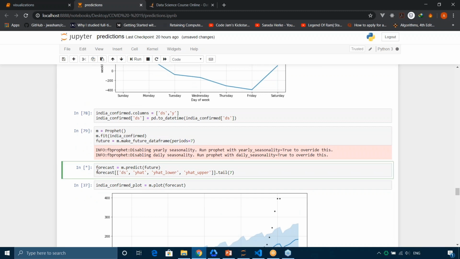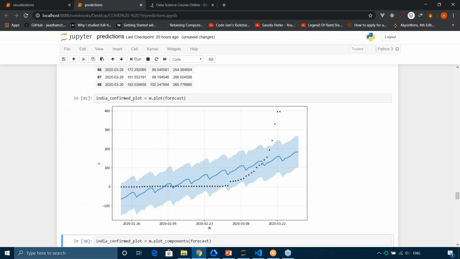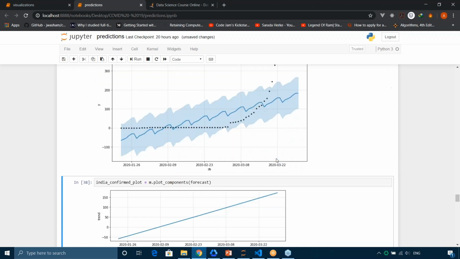As you can see, it's running still. These are the forecasts. Now let's just run this. So again, the number of cases that we have are not that much, so it's not really that big of a deal. Plus, the data might not be that accurate. But as you can see, the number of patients are increasing, but the increase is not that sharp. So some of the efforts that have been made by the government have worked, at least in the data set